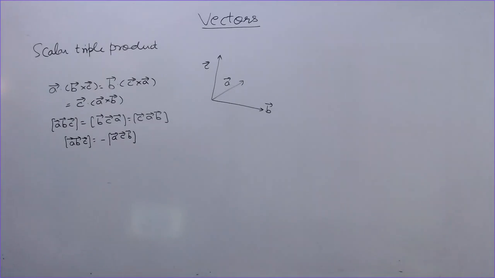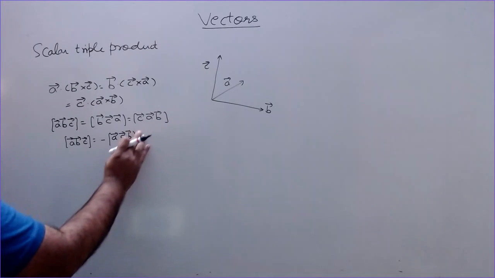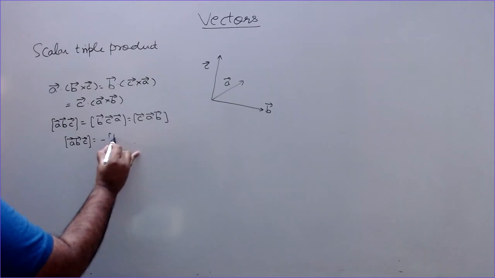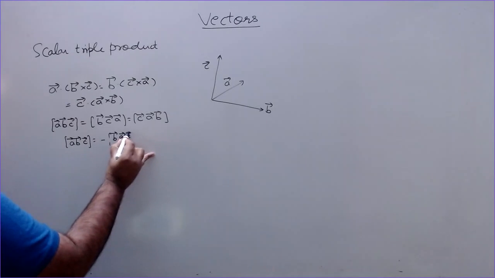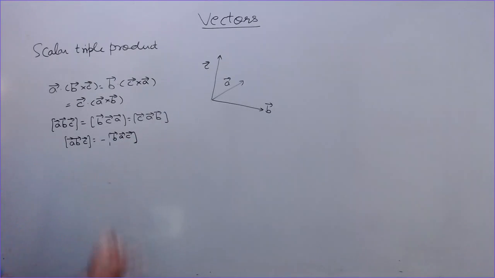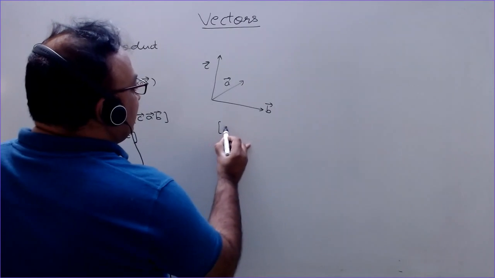So you will get a minus sign if you change the position of these vectors, or minus [A C B] or minus [B A C], whatever you write. If you write [B A C], you will get a minus sign. This is called the scalar triple product, and this scalar triple product